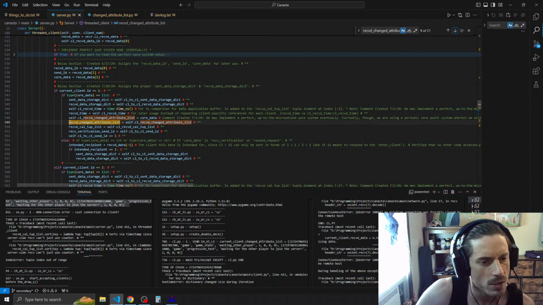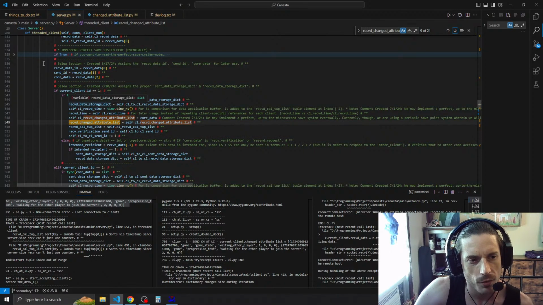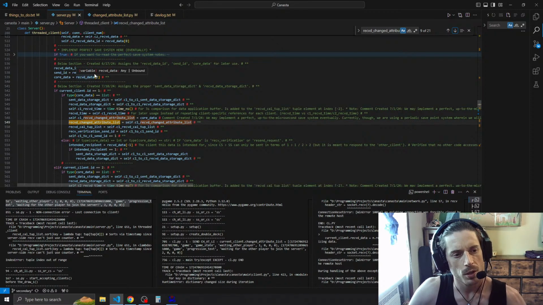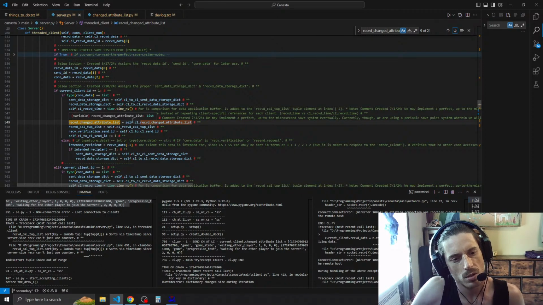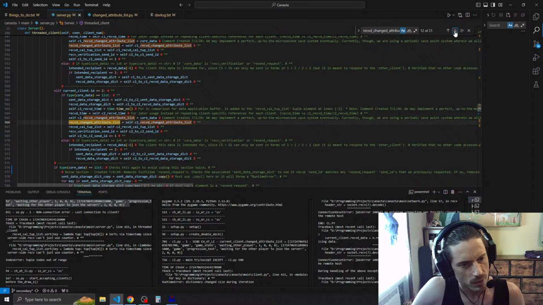But once we assign that, it's assigned. So then if we make another iteration through this loop, because this whole thing is a big loop that happens over and over again, it will still consider the received change attribute list to be this received change attribute list object. But if we have already applied that data and then depopulated the received change attribute list,